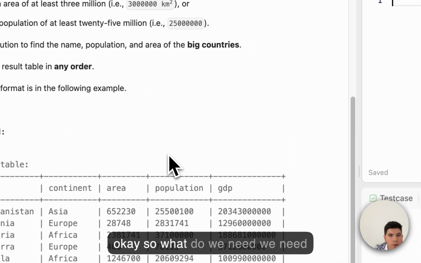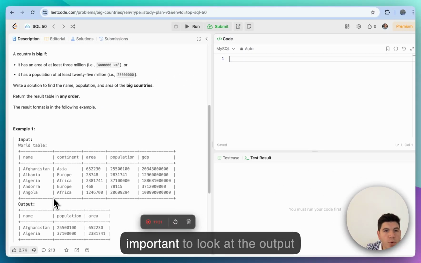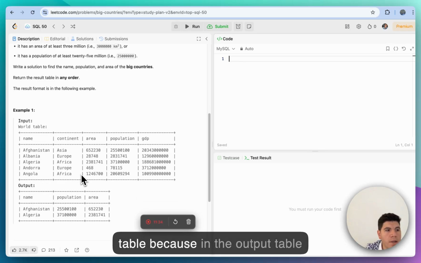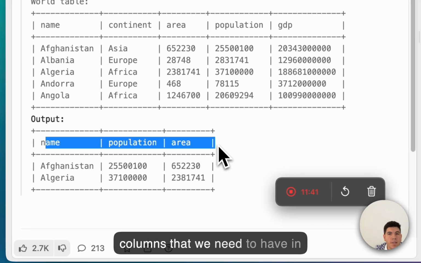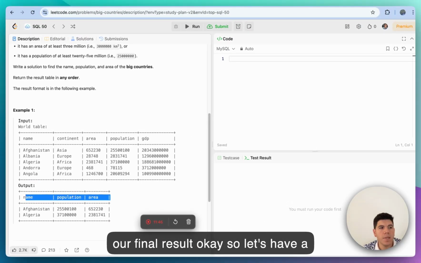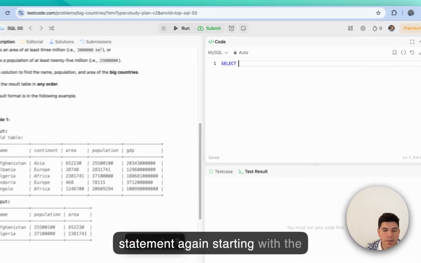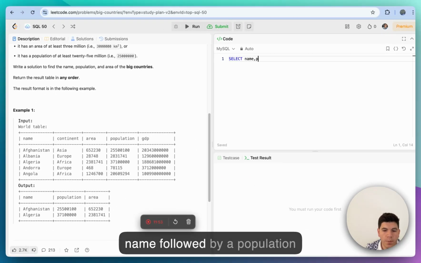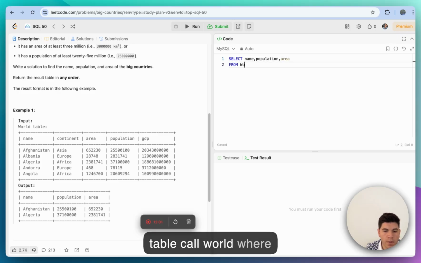Okay, so what do we need? We need the 3 columns here. It's always important to look at the output table, because in the output table we already know what columns we need to have in our final result. Okay, so let's have a look. We need to have the select statement again, starting with the name followed by the population. Then we have the area from our table called world,